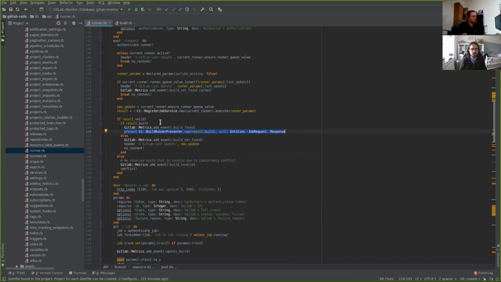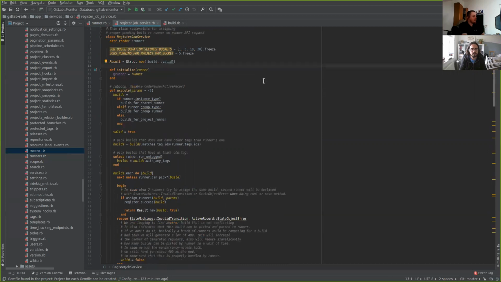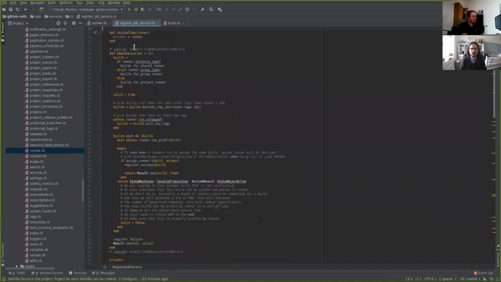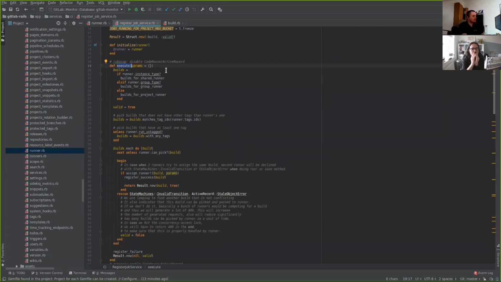Okay. So to see how the job is scheduled, we need to see the register job service. And here in the execute method, again, I will not now describe how services work in the Rails app of GitLab. For now, we need to know that this execute method is something that is being executed to handle this